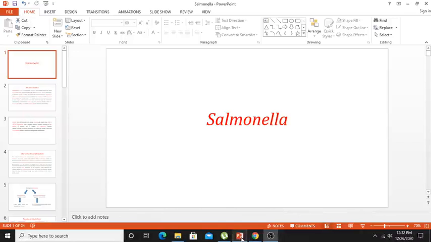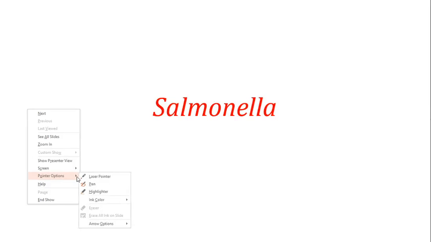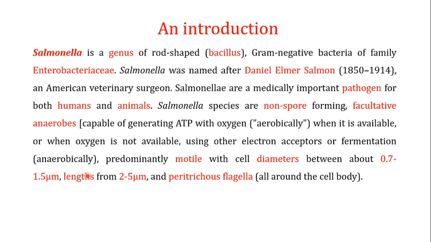Welcome back to this next video, and this is part 2 on Salmonella. If I give you a recap of the previous video, I've told you that Salmonella is a genus of rod-shaped gram-negative bacteria, and they are medically important pathogens for both humans and animals. The Salmonella species are non-spore forming facultative anaerobic bacteria, and they are predominantly motile because of the presence of the